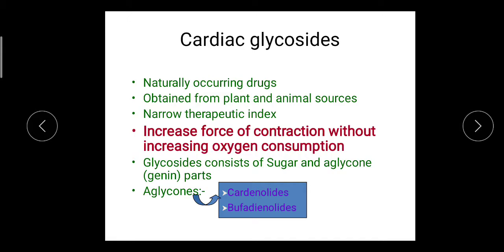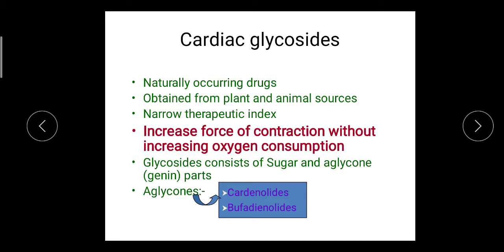These glycosides are naturally occurring drugs obtained from plant and animal sources. They have a narrow therapeutic index, meaning that a lower dose produces the pharmacological action. These glycosides increase the force of contraction without increasing oxygen consumption, meaning they produce a positive inotropic effect,